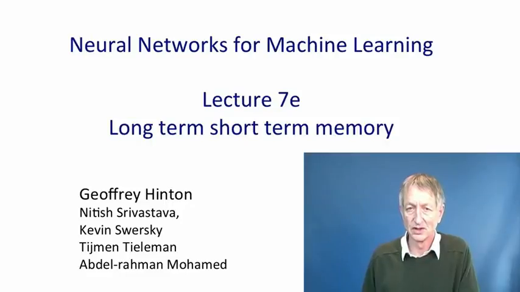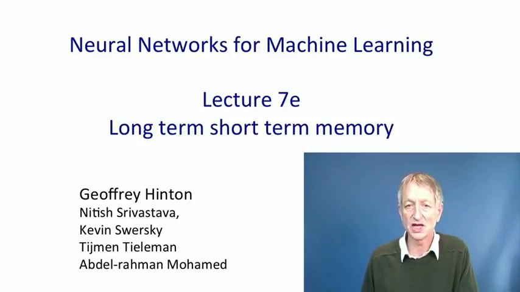In this video, I'm going to describe an approach to training recurrent neural networks that's called long short-term memory. You can consider the dynamic state of a neural network to be a short-term memory, and the idea is we want to make that short-term memory last for a long time. This is done by creating special modules that are designed to allow information to be gated in and then information to be gated out when needed. And in the intermediate period, the gate is closed so that stuff that arrives in the intermediate period doesn't